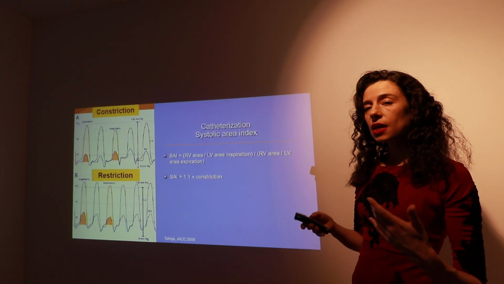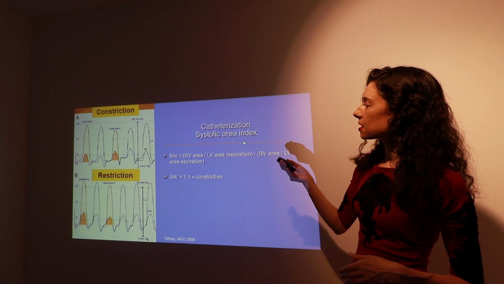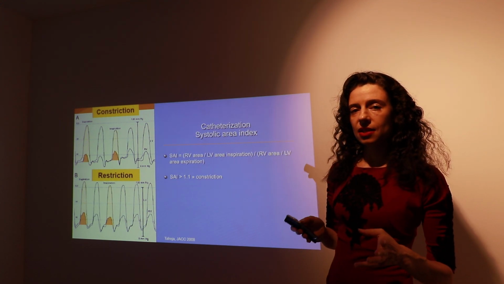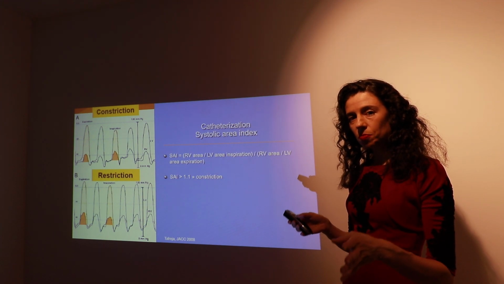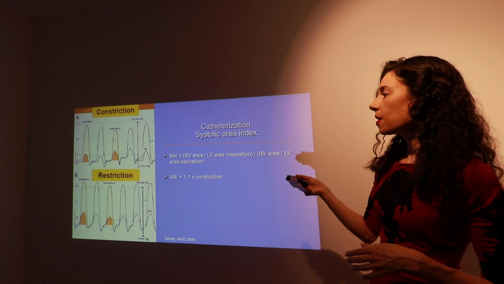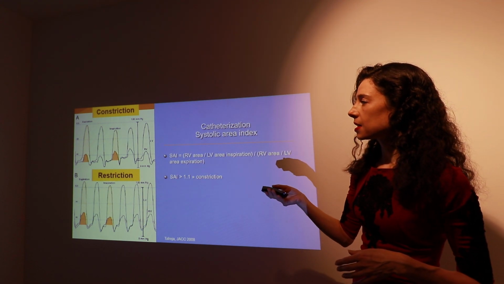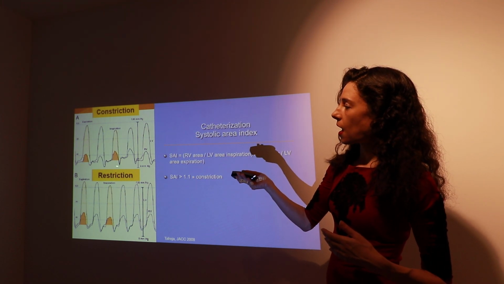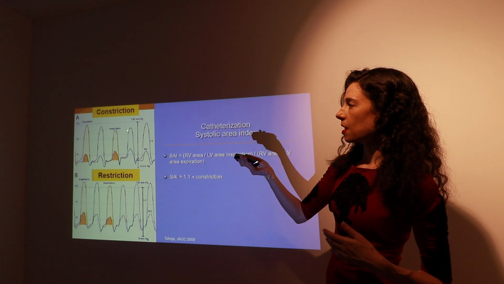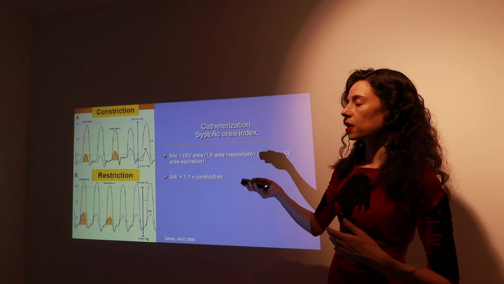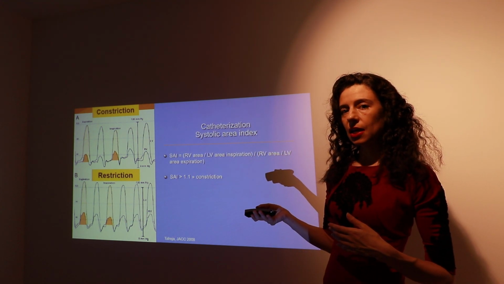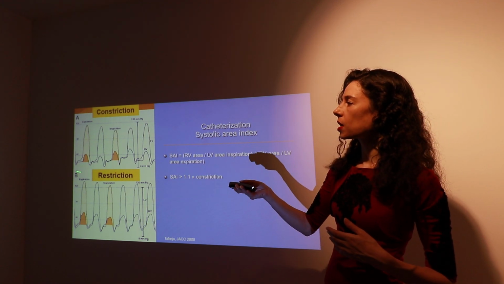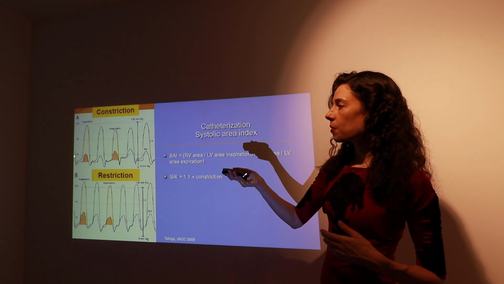Such an index is the systolic area index. This is the ratio between two ratios. The first ratio is the ratio between RV area and LV area during inspiration, and the second ratio is the one between RV area and